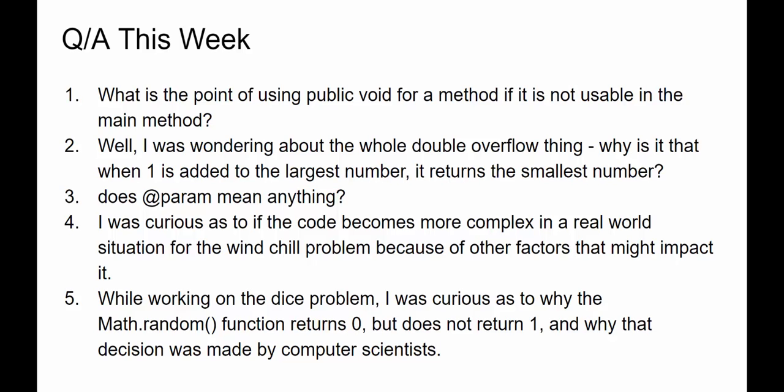Someone wants to know does the code become more complex in the real world for wind chill because there's other factors? Well, it's not the code that would be more complex. It would be the mathematical model that our code is implementing. So I gave you this equation, which is a mathematical model. But like all mathematical models, it's only valid for a particular natural domain of input numbers. So if you wanted to make a more accurate mathematical model, or if you wanted to make a mathematical model that applied beyond that domain,